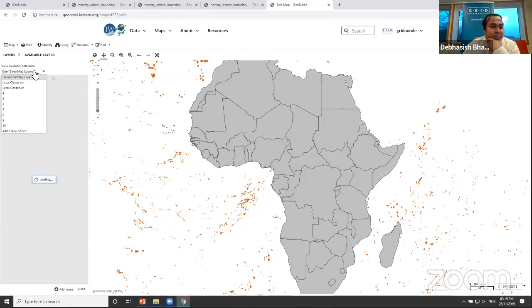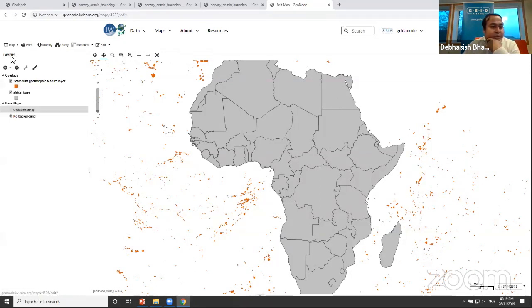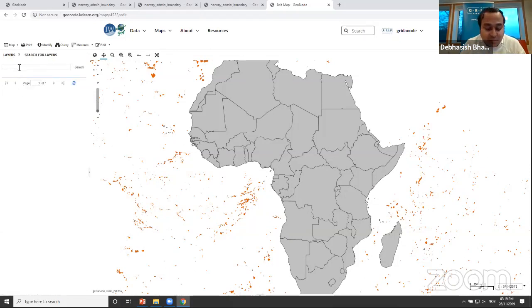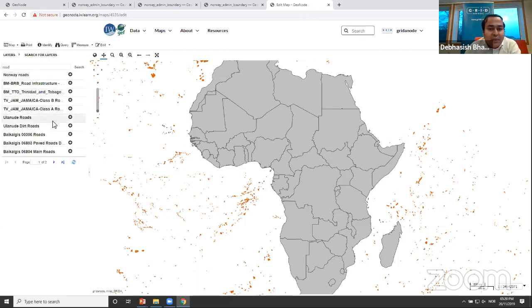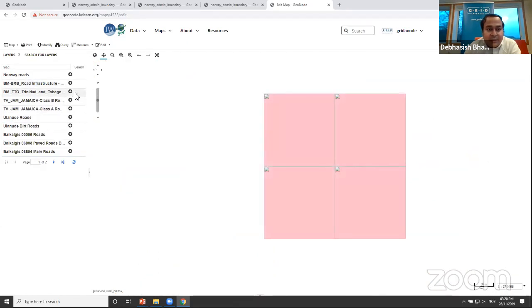Okay, it's taking time, but there's another option. We can directly search. If I say something called, let's say, Africa, there's nothing called Africa. Road. Yeah, we have some layers in the GeoNode, so once you click on this layer, it will start adding. Once you click on the layer, it will start adding to your map section,